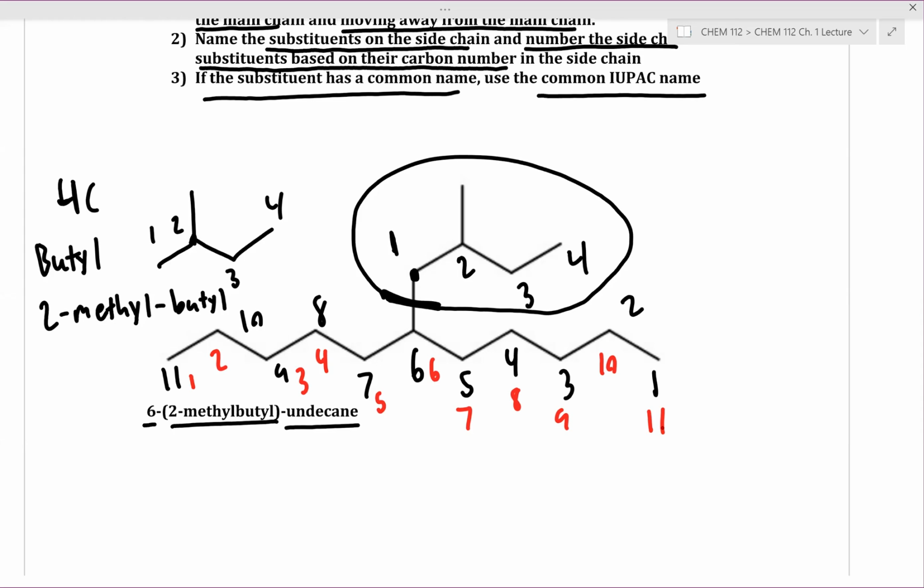Does that make sense? Okay. So it doesn't really matter for this one where you start. You can start from the end, or you can start from the beginning. But just to show, in both black and red, both methods of counting give you the same locant